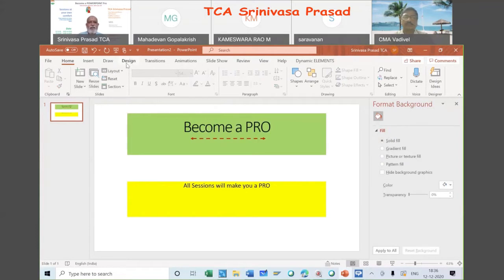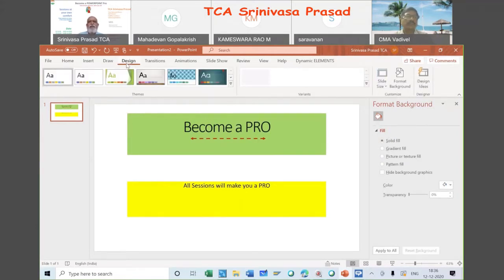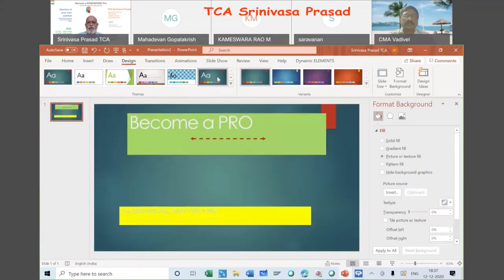But what we can look at is the designs. So I think this also many of you must be using. Many of you are using, or we will have to discuss this point. No, we are using it. You are using. So all of you? Yes. So these are all quite elementary, so let us not get into that. Like if we take this and then do, then the presentation completely becomes different, because it is a theme which is being worked out.